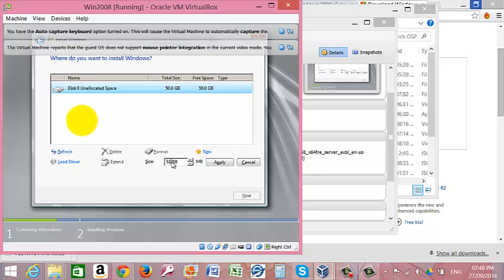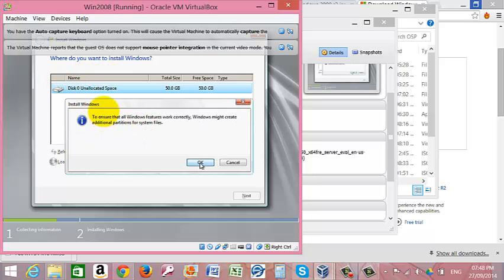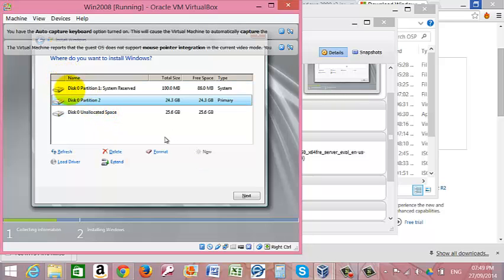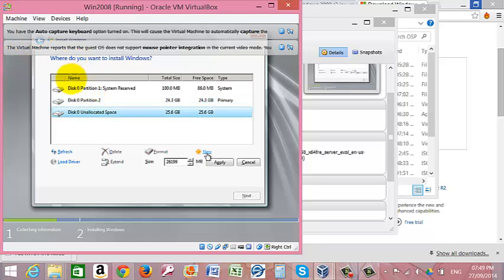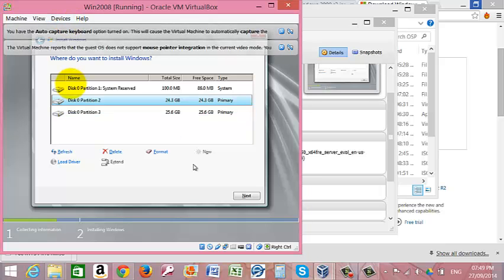and here I'm going to select, let's say, 25,000 megabytes, which will be just under 25 gigabytes. So I'm going to apply, and we click OK, and the remaining space we are going to create again another new partition and use the full amount, and we apply. And so we are going to use partition 2 for the installation. So we hit next,